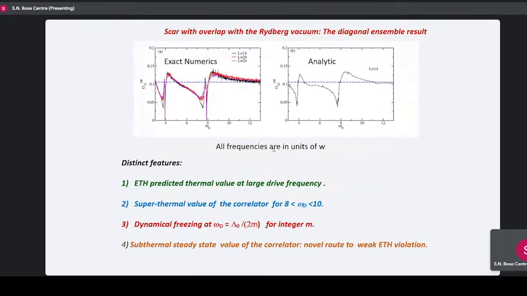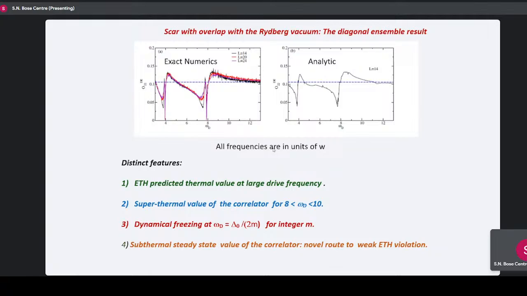So what we also found, and I'm going to be quick about this, is that in these driven systems, we of course have scars which have large overlap with Z2, but you can say that these are sort of analytic continuation of scars which are in equilibrium. But there are special types of scars which have no equilibrium counterpart. These are actually the Floquet scars, because there are these states which lead to this oscillatory behavior. But now when we start from the Rydberg vacuum state, these have overlap with the zero Rydberg sector.